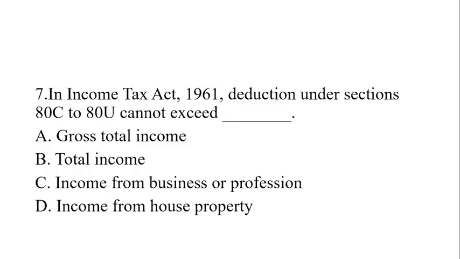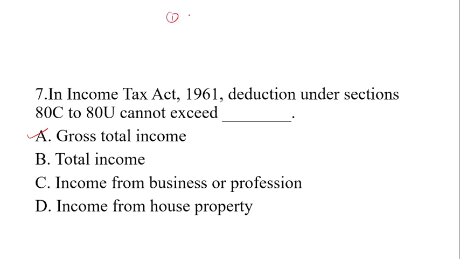Now question number 7: in the Income Tax Act 1961, deduction under sections 80C to 80U cannot exceed what? Option A, gross total income; option B, total income; option C, income from business and profession; and option D, income from house property. So what will be the answer? Yes, option A is the correct answer, because as I said before in the last video lecture,